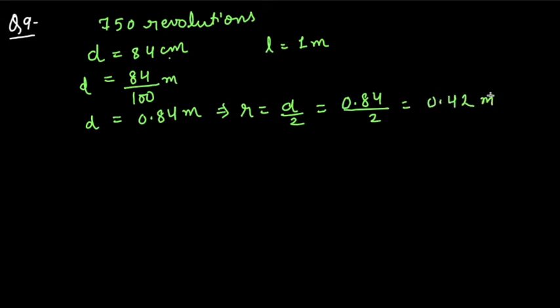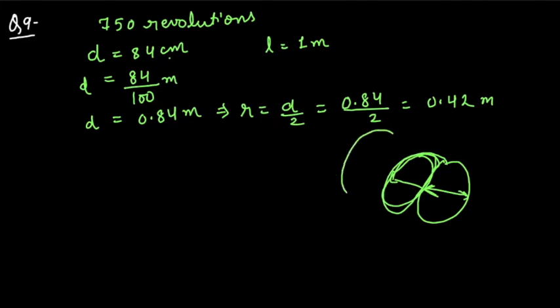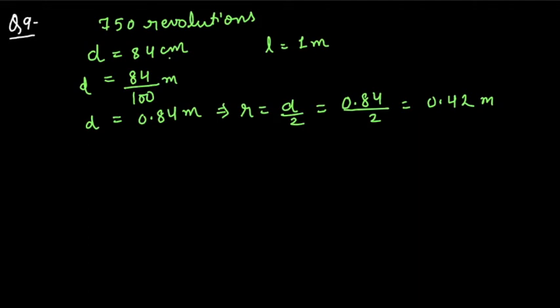Now one thing, you have to just again imagine, suppose this is your road roller, and when it is taking a round on the road, what will happen? In one round, the distance covered by the road roller will be equal to the LSA, the CSA of the road roller. Again it will take another round, which will be equal to the CSA of the road roller. So I can say that when it is taking only one round, the distance covered will be the CSA of the road roller.